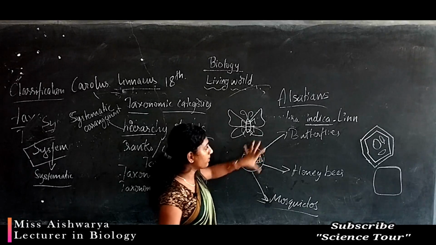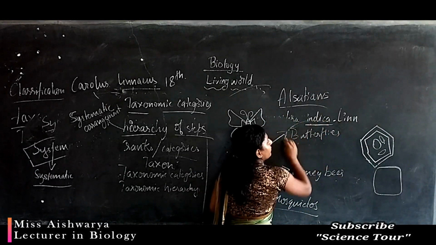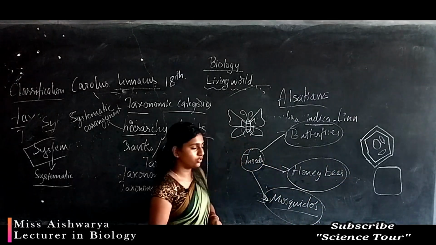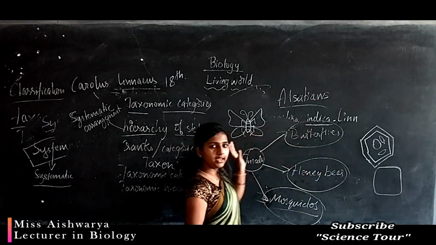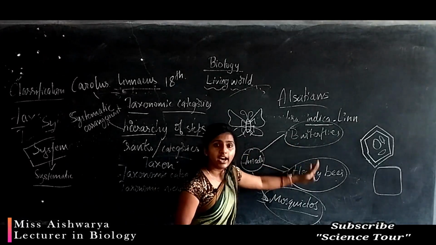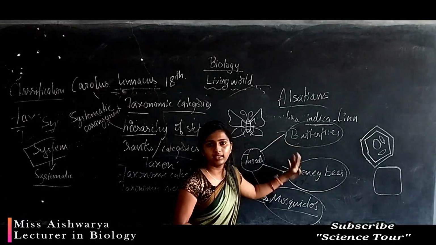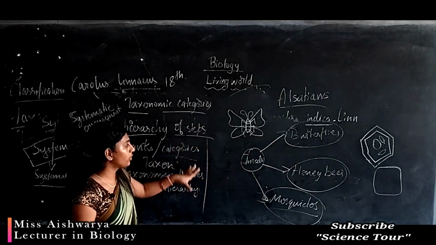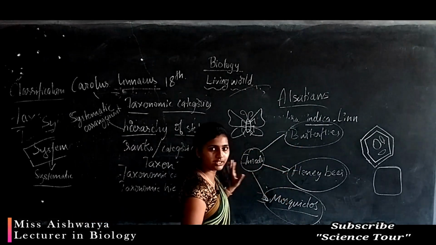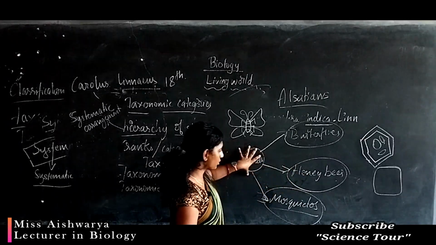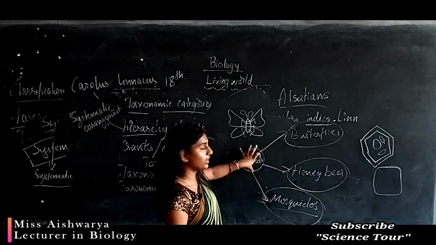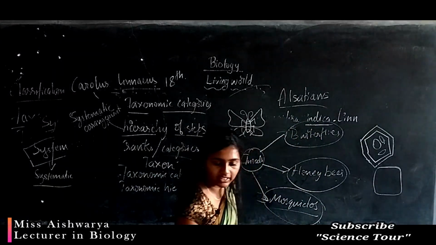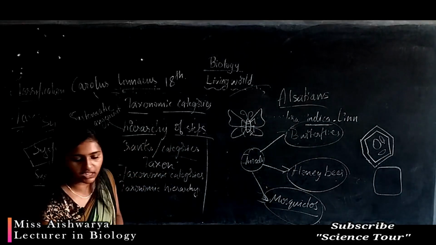So this is one group. You can see many types of butterfly. This is also one group. This is also one group. This is also one group. So each represents a category, and we have to arrange these systematically. So in order to avoid this confusion, we have to categorize these groups with a particular name. So for that we need a classification system.